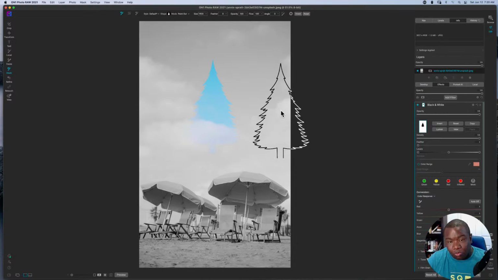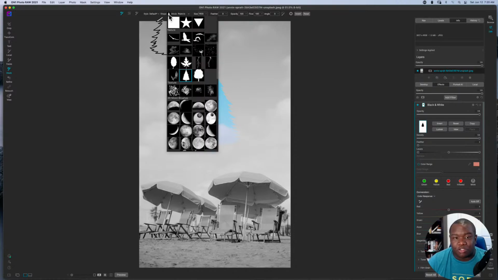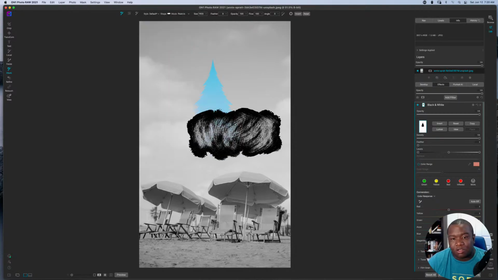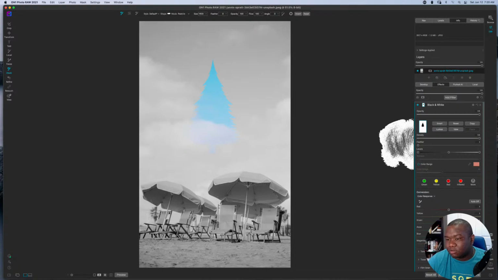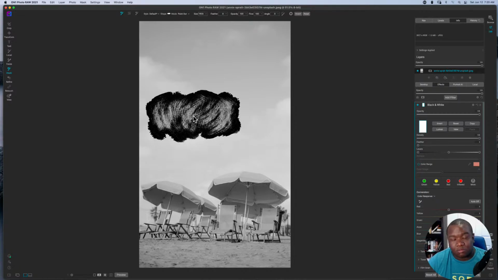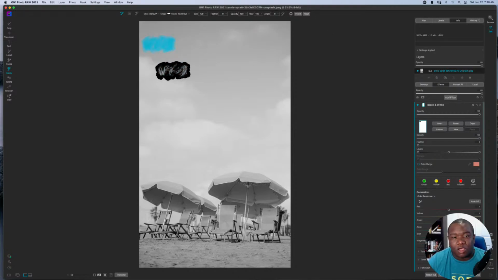Now where this gets really fun is getting a brush. You can get Photoshop brushes, and I don't think I have, oh, I do have some paint brushes in here. So I can click on something like this. Let's go ahead and reset that and go to paint out. I'm going to make my brush just a little bit smaller, and I can just click,